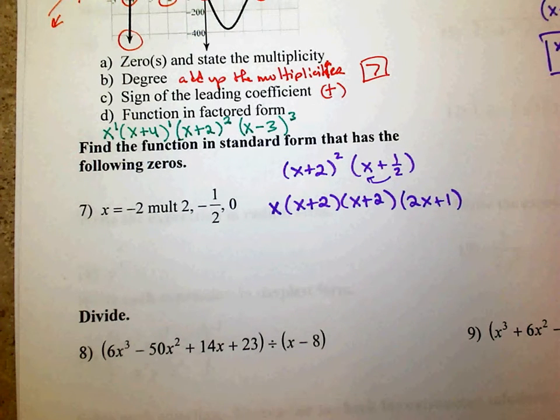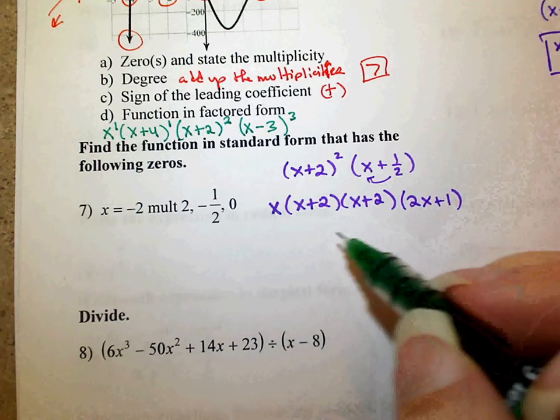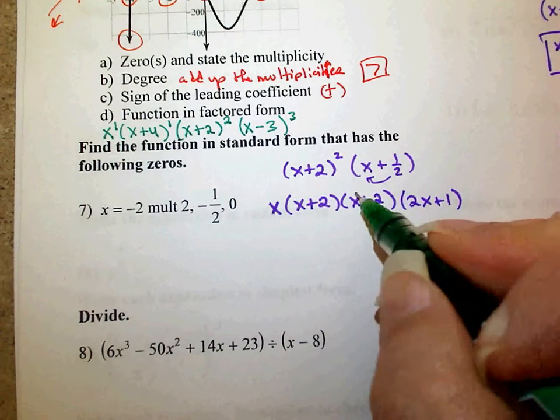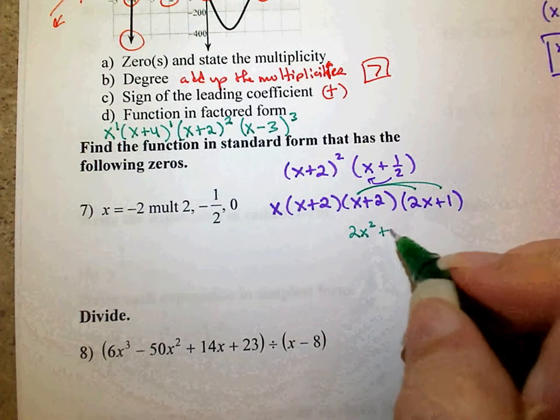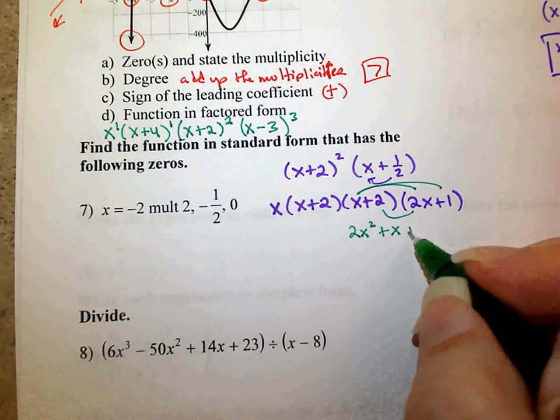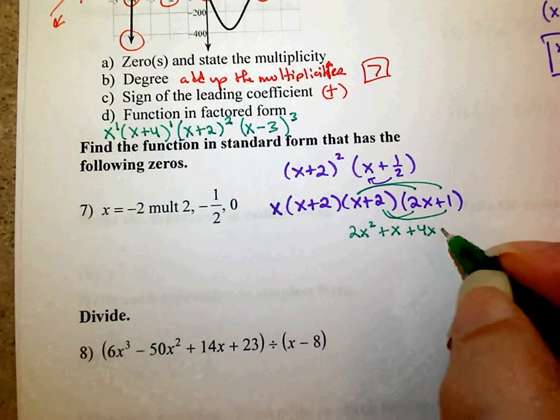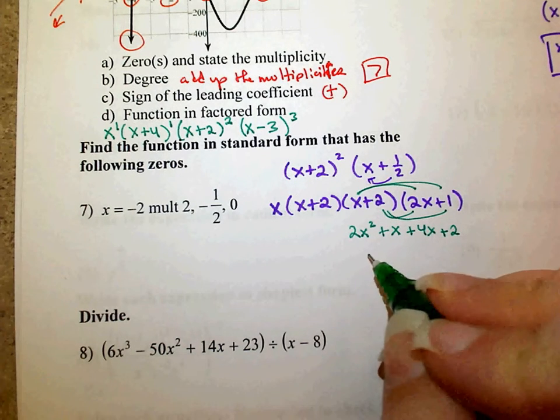Okay, so I'm going to multiply these two out first. X times 2x is 2x squared. X times 1 is x. 2 times 2x is 4x. 2 times 1 is 2. I'm going to combine like terms: 2x squared plus 5x plus 2